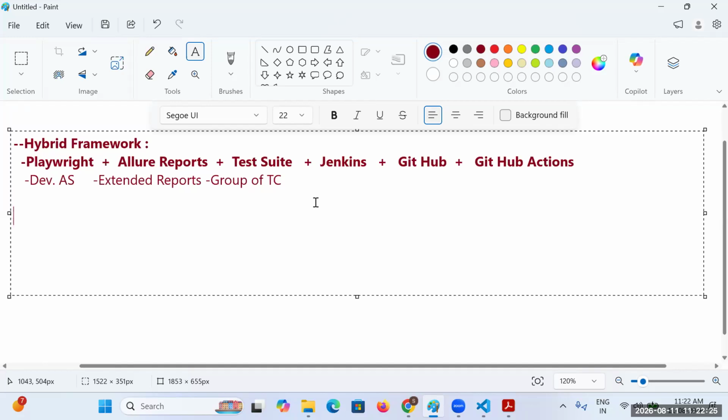The very first thing: the main purpose, the main objective of Jenkins, is that it is a CI and CD tool.